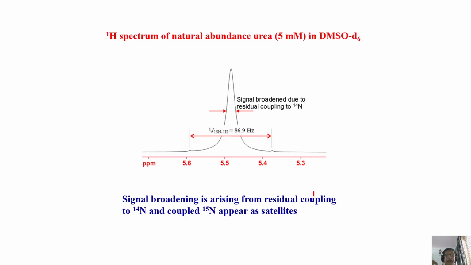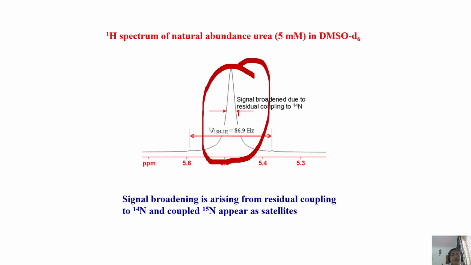What is urea? It is a simple molecule, CO(NH2)2. Look at the 1H spectrum of that. There is a very broad peak coming. What is that coming from? Urea contains NH2 groups. Nitrogen has 2 isotopes, N14 and N15. N14 is a quadrupolar spin. Generally, it relaxes very fast and gives a very, very broad signal like this. This is because of N14, and you will not be able to see other couplings at all here.